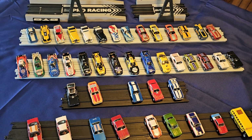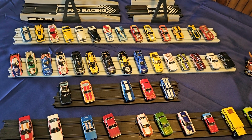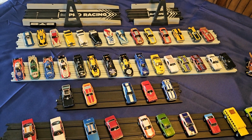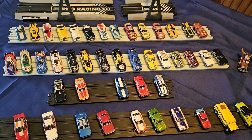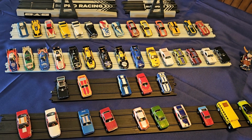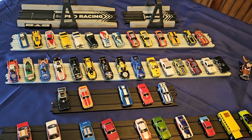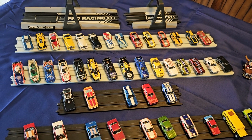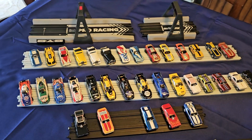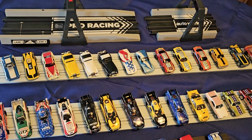I know a lot of people like to scratch build their 1/24th, 1/25th scale drag racing cars, and that's really popular. But in my series, I'd like to keep it to what's pretty much widely available or has been widely available, and it's somewhat obtainable. This way, if you're interested, or if you know somebody who's interested, this is a way to find things and get involved in what you really like and love, and what really gets you going in slot car